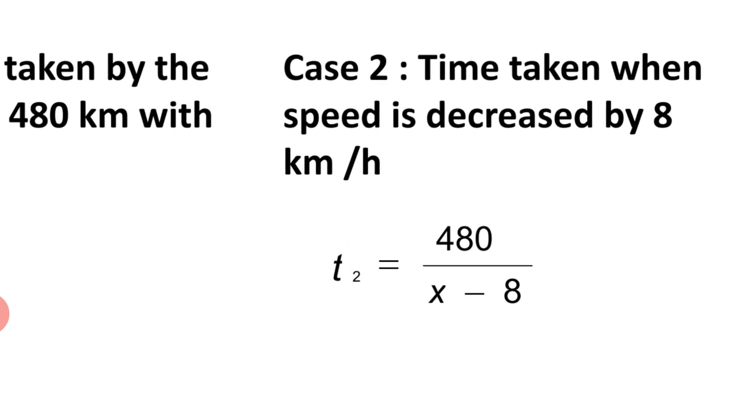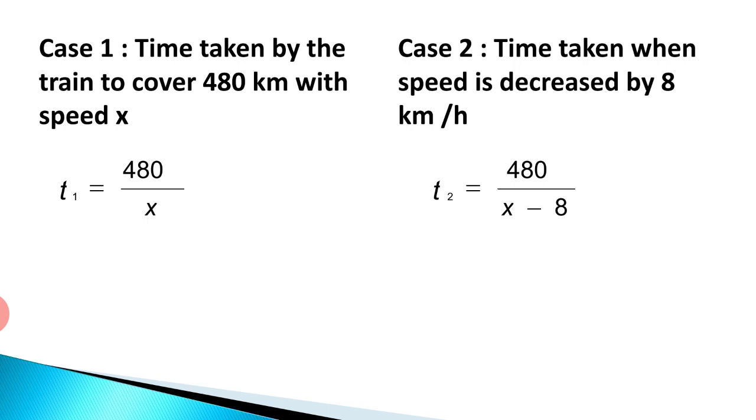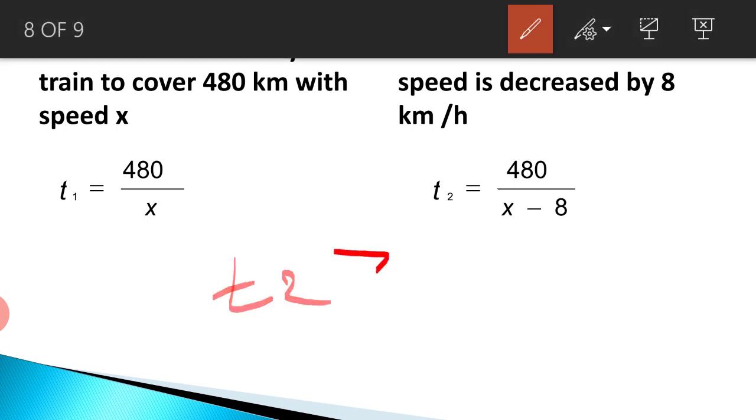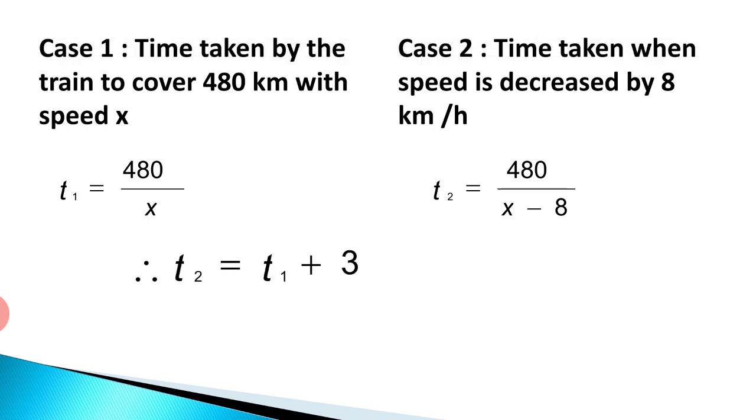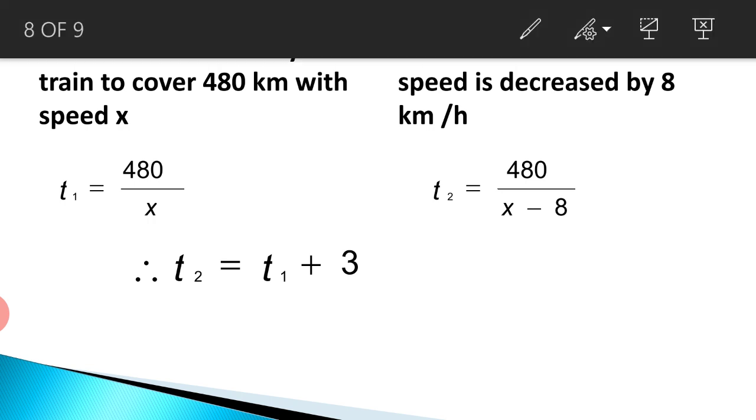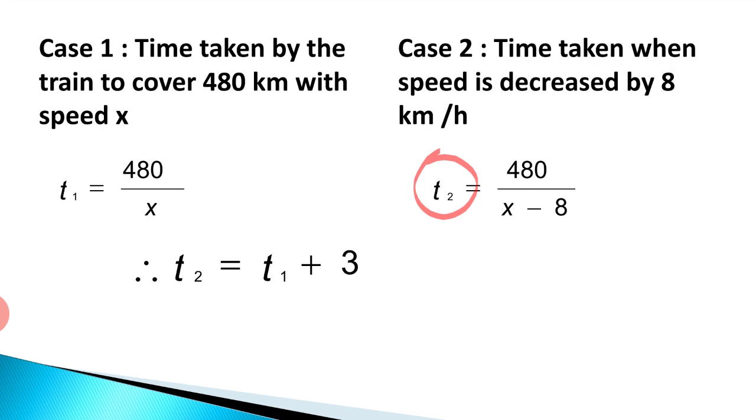So we write T2 is greater than T1. Understood? So therefore T2 is equal to T1 plus 3, because the more time required is 3 hours. So T2 is equal to T1 plus 3. Here you should not interchange the places of T2 and T1. It should be very clear that T2 will be greater. Is it okay? So we rearrange, then we write T2 minus T1 is equal to 3.